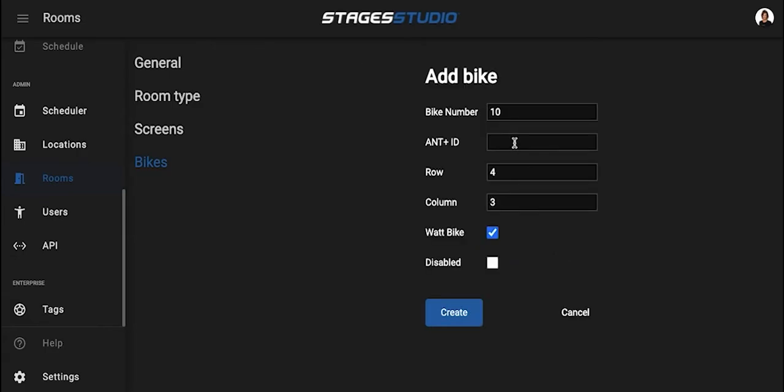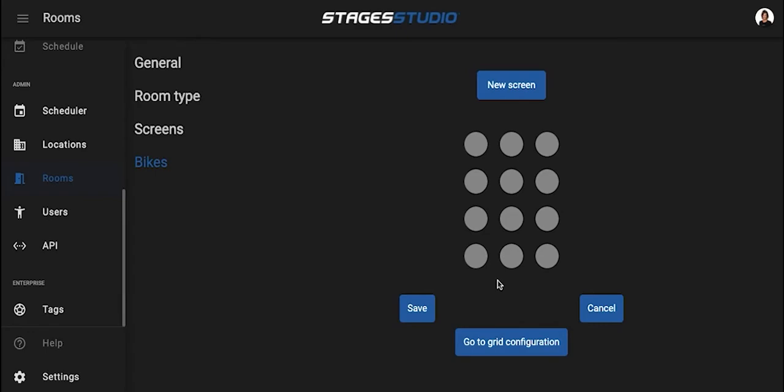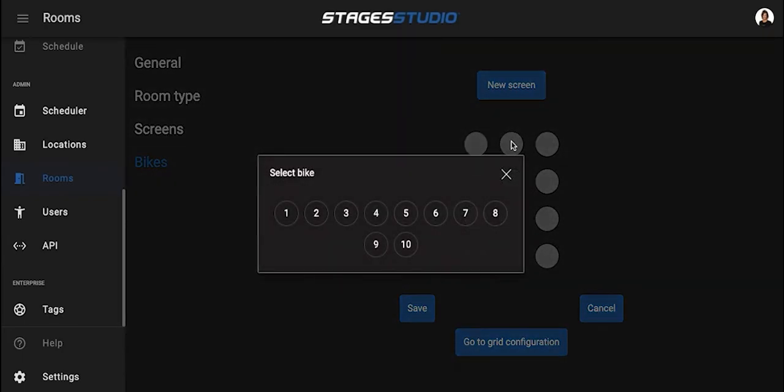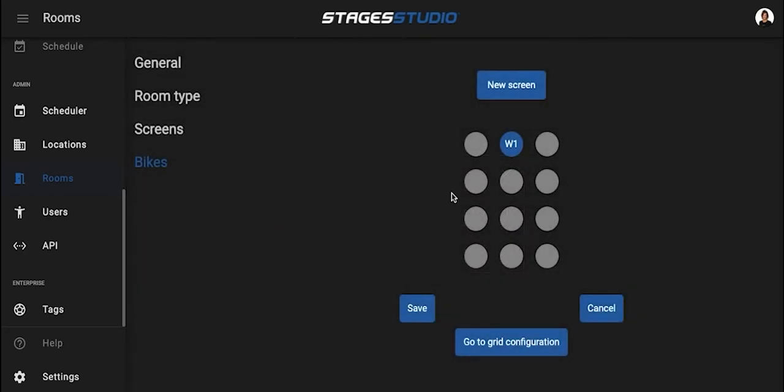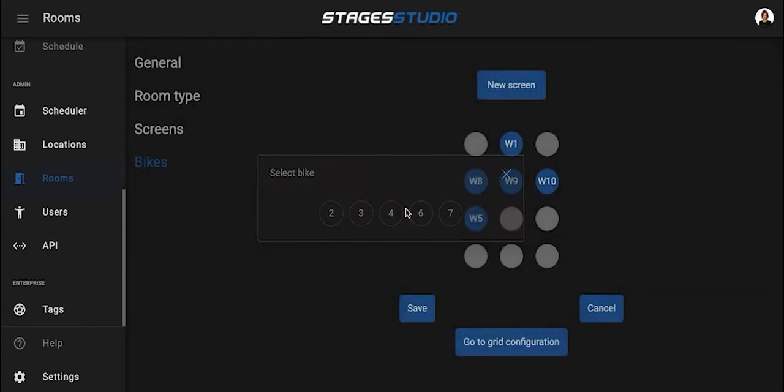Now that our studio is set up how we want it, we need to arrange the gauges for these bikes to display on our main screen the way we'd like them. To do this, we'll click on the screen configuration. This brings up another empty grid for you to fill in. The good news here is the bike information is carrying over, so you are just placing the bike numbers on the screen. Rather than an aerial view like the grid configuration, this view is as it will be shown on the screen. The top row is the top row on the screen. The bottom row is the bottom row on the screen.